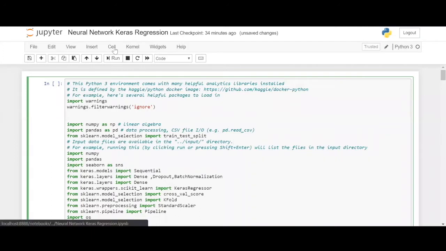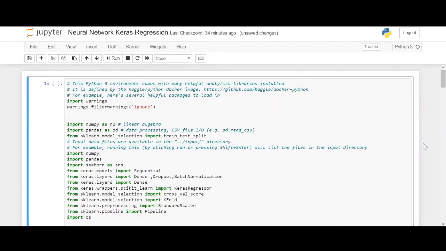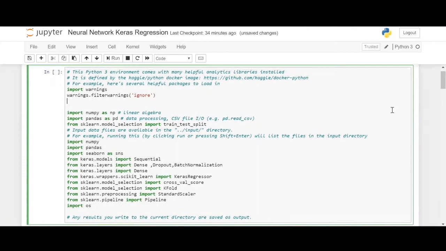So good morning, everyone. Today we are going to start regression using the Keras neural network. Before we move ahead, there are a few prerequisites I would like to see from your side. You must have gone through the modules on TensorFlow, the basics of neural networks, and our image classification modules. If you don't have them, I highly suggest you look up my playlist and quickly go through the